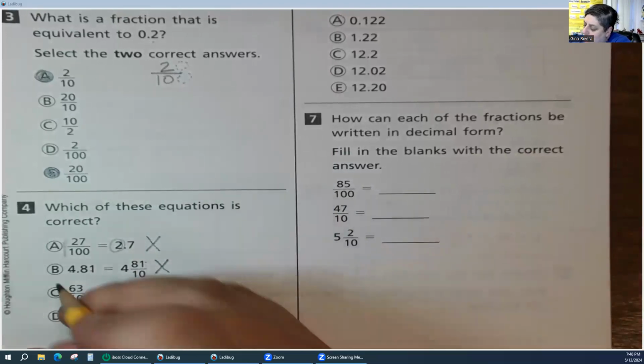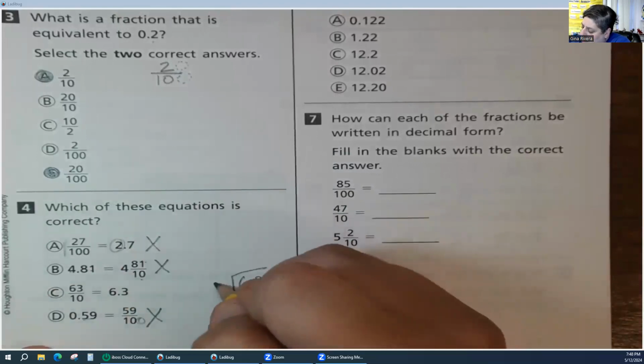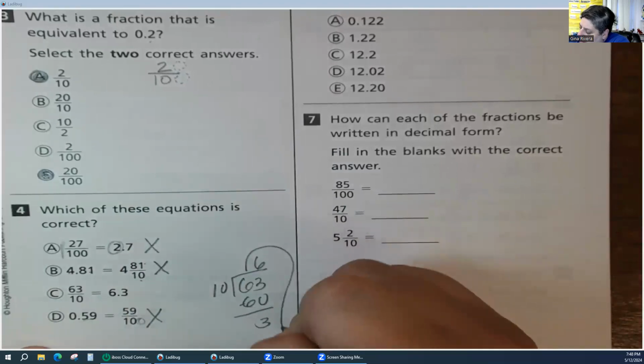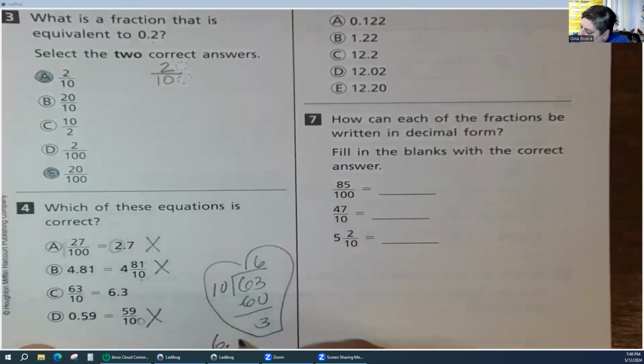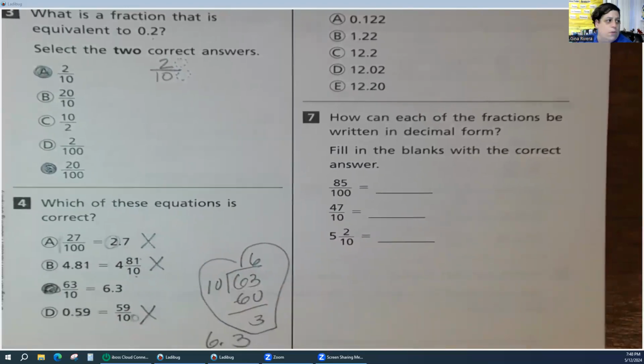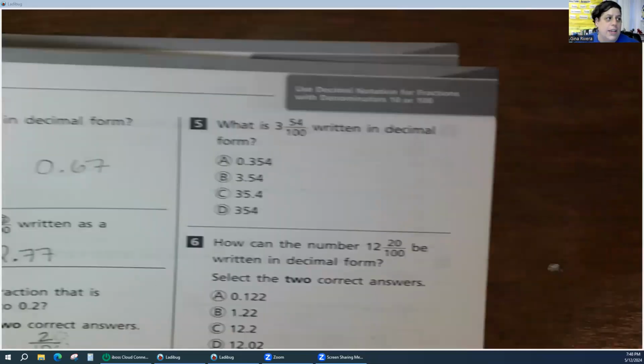that's not our answer. However, if I look at 63 tenths and I do my hard method, I'm going to show you something. 6 3/10, or 6.3. That means that this is our correct answer. All right. And if you didn't understand it, like I said, whoever my wonderful sub is, they can stop and